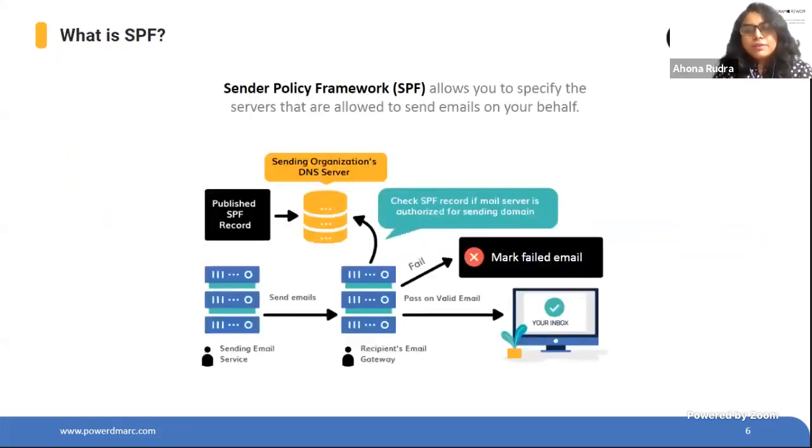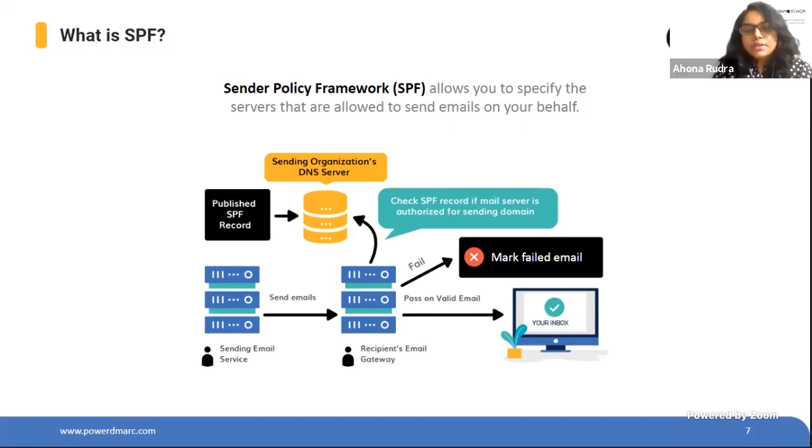So coming to the very first one we have here is Sender Policy Framework, or SPF, a standard email authentication protocol. SPF works by enlisting all of the authorized IP addresses that are allowed to send emails from your domain. So if a malicious IP tries to impersonate your domain, SPF authentication will fail, as a receiving MTA would not be able to locate the IP in your SPF record that is published in a domain's DNS. So SPF works by the receiving MTA performing a DNS query request, more popularly known as DNS lookup, to check